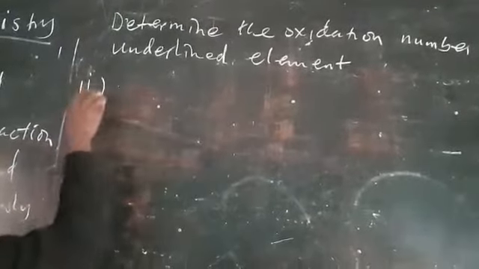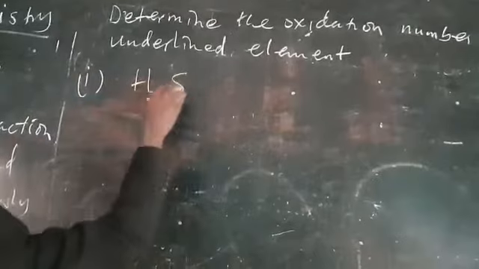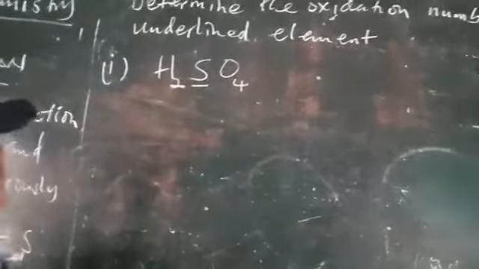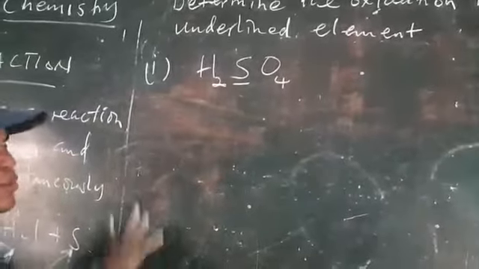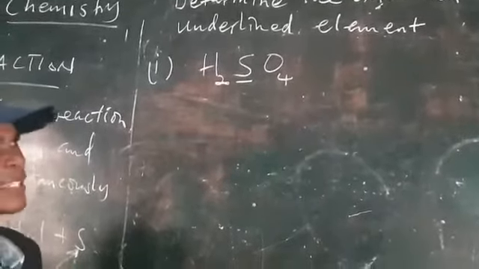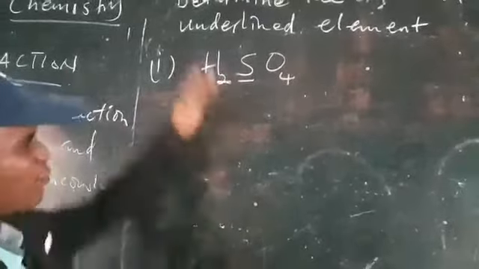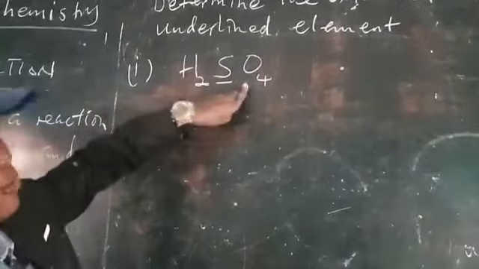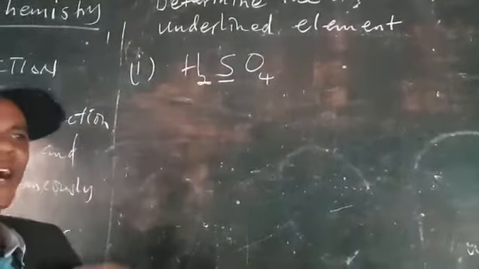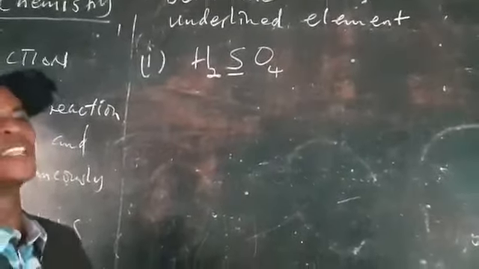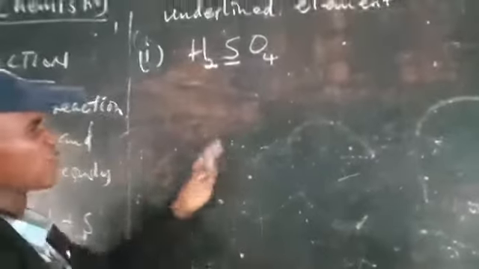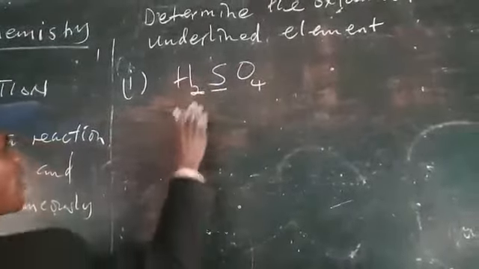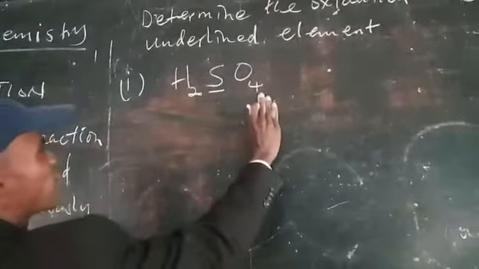Number 1, we can get H2SO4. Then I underline sulfur. If sulfur is underlined, we want to get the oxidation number of that particular compound, and then we name it correctly. So if sulfur is underlined, when you want to go through this analysis, what comes to mind is this one is a compound. Since it is a compound, you now ask yourself whether it is an ionic compound or a neutral compound. When you look at this compound, this one is a neutral compound because there is no charge here. Since it is a neutral compound, we add all the elements in this compound and it will equal 0.